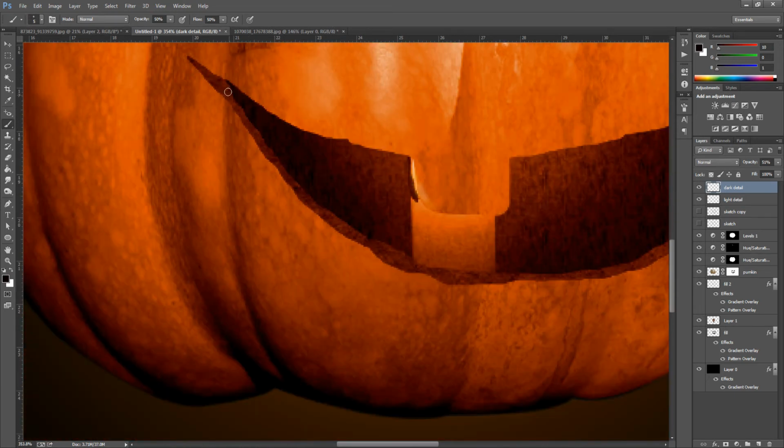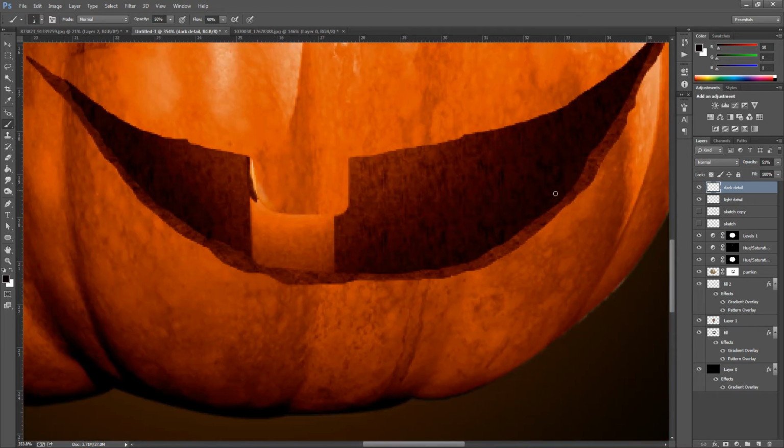And we're just going to do exactly the same. You can change your brush down in size, so just along the edge. You do have to be pretty neat about this bit here. So a bit more.